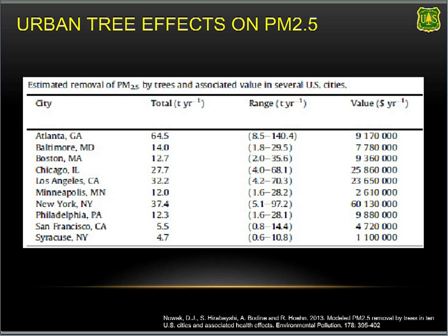Here are some new estimates that just came out in the last few months of looking at PM2.5. This is the new measurements. We've never had this assessment before. In the past we've always looked at PM10. Now we're looking at these fine particulate matter. And we can see in the various cities there, the pollution removal varies in tons per year from about 5 tons in Syracuse to up to about 65 tons in Atlanta. But you can see the values vary. I'm going to show another slide on the value coming up.